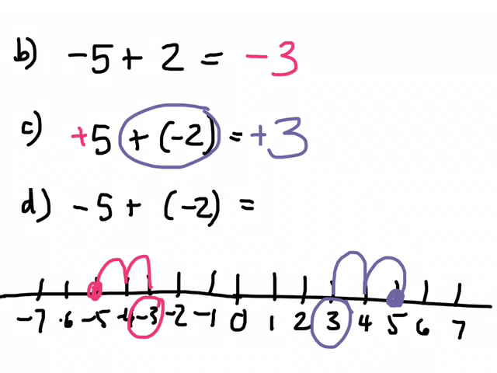We have -5 and we're adding in a -2. So where do we start for this one, Amy? -5 and we're adding -2. So again, is it gonna get larger or smaller if we're adding a negative? Smaller, so we're gonna move to the left and we end up at -